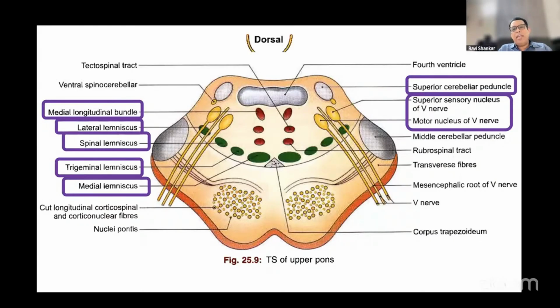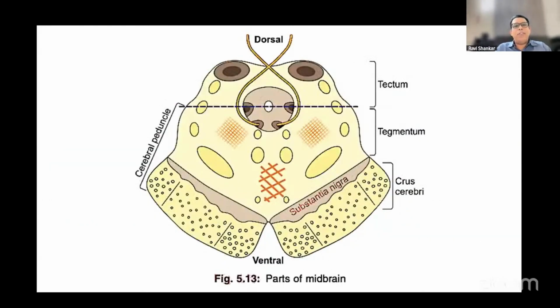So again, very confusing. If we really try to understand this fiber, it will be very confusing. So in the coming slides, I'll give a mnemonic pathway of how to remember the various structures at various levels. Now coming to the midbrain, as said in the earlier slide, it is mainly formed by the tectum, and there is a tegmental part of it also. But the whole tegmental part and the crus cerebri form the cerebral peduncle, which connects the brainstem to the various structures